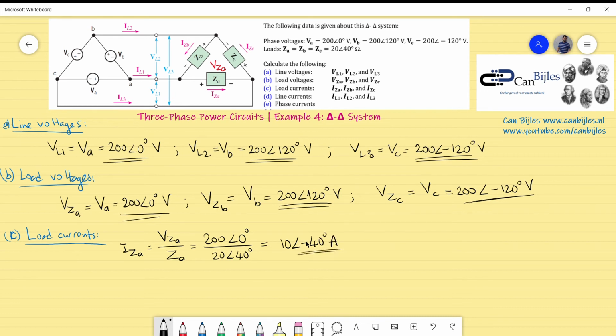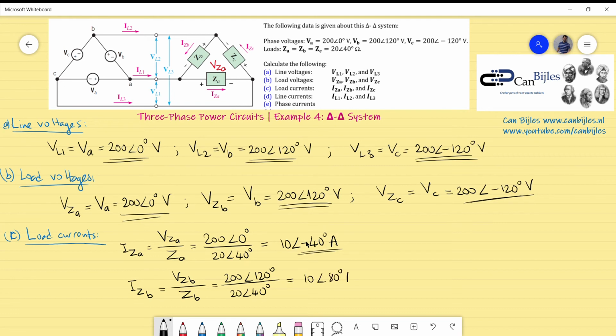Okay, now if you do the same for the current IZ of B, which is a load current of impedance ZB, which will be again the associated voltage across the impedance divided by its value. Again, all of the impedances are exactly the same, so we have a balanced system because the loads are exactly the same and the sources are exactly the same, so we have a complete balanced system. Okay, let's fill in the values. We have the voltage and the impedance, then we have again 10 amperes, but the phase is in this case